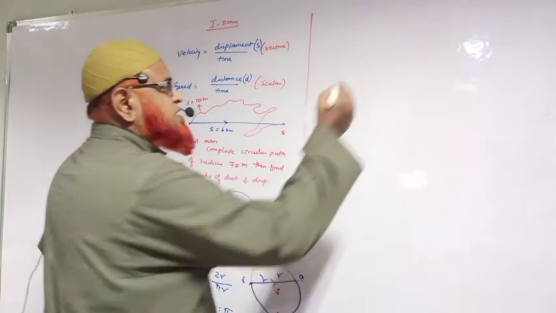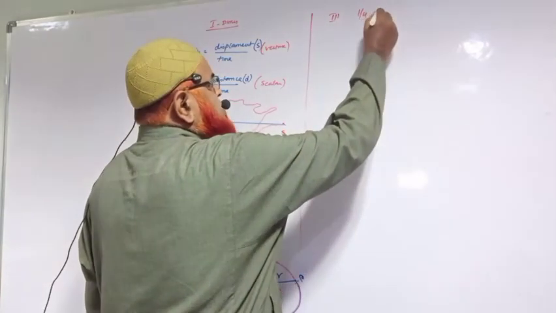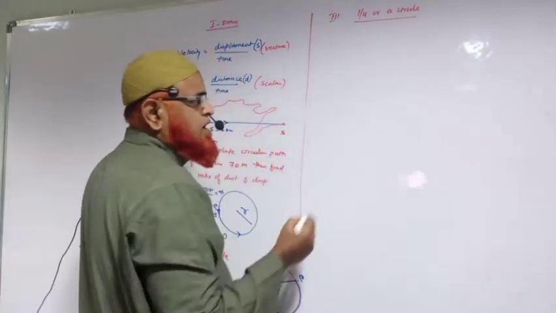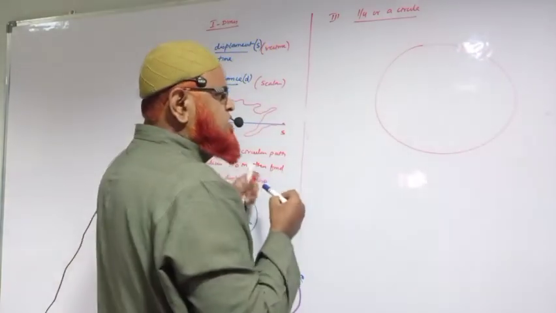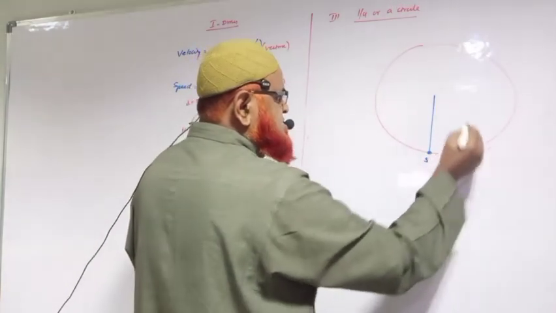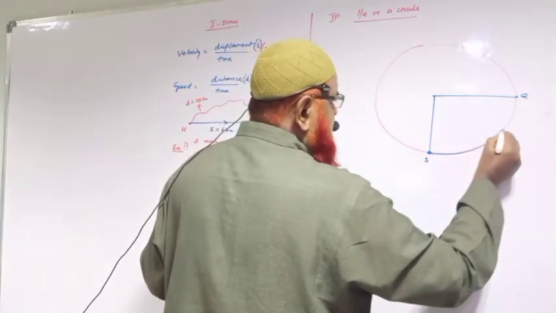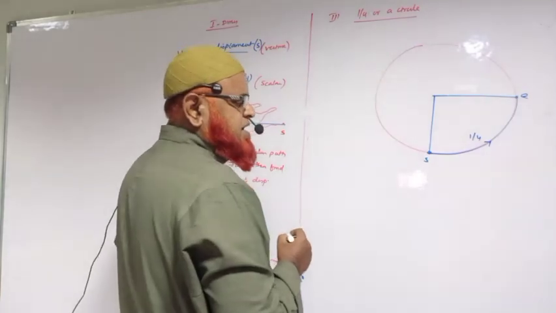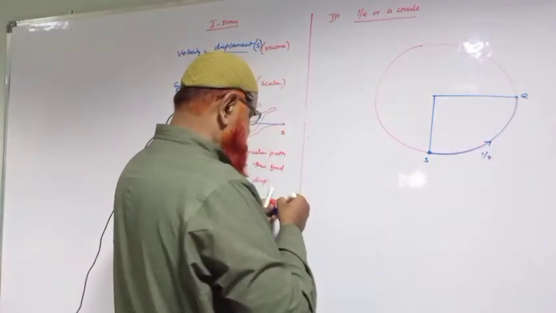Now you just see here, the third question is 1/4 of a circle. For example, if this is a complete circle, a man moves only 1/4 of a circle. So here, this is the starting point and this is going to be the ending point. He is going to take a 1/4 of a circle like this. This is the 1/4 of a circle. Understand? Then, if it is 1/4 of a circle, what happens? Let us see here now.